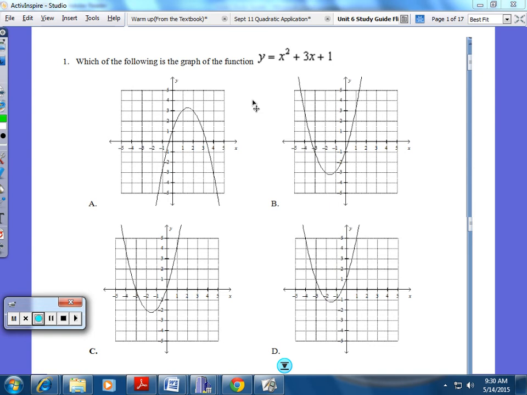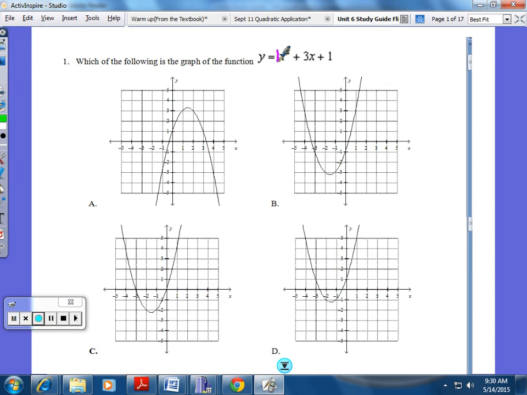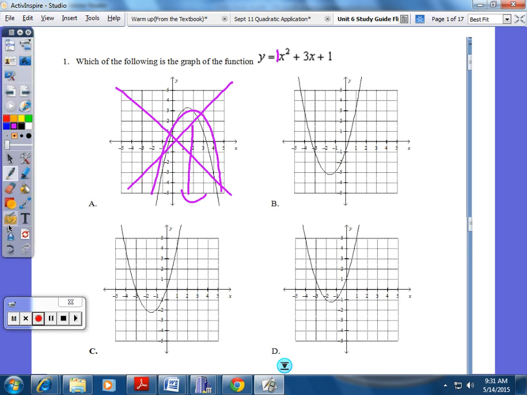If the first coefficient is positive, that means the number that's on the x squared, if that's positive, that means it opens up. So since letter A opens down, it opens up facing this way, we know that that's not the answer. So we know that the answer has to be either B, C, or D because those both open up. Now what we need to look at is